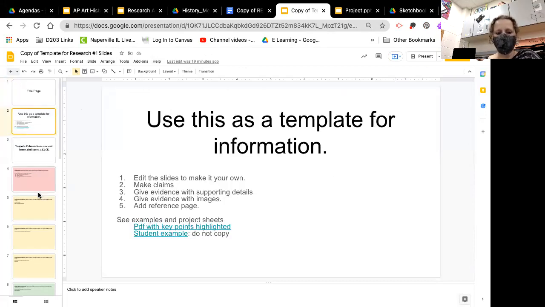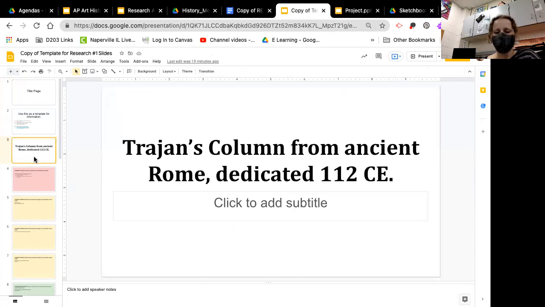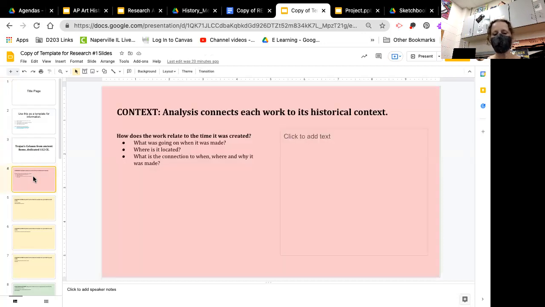Then you're going to want to make sure that you do one artwork at a time. It's not necessary for you to seesaw back and forth in your comparison. Your comparison would be later in your essay. So I have a whole section based on just the column of Trajan. And so here's contextual